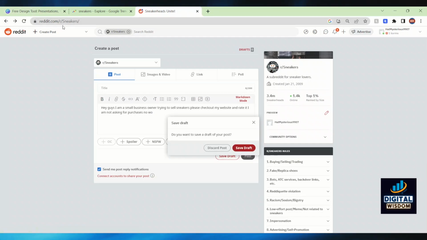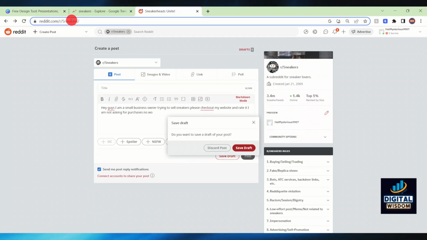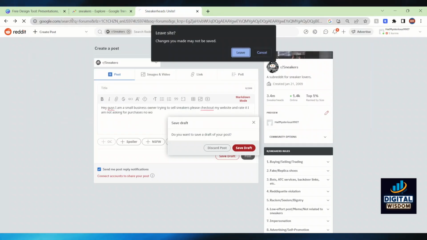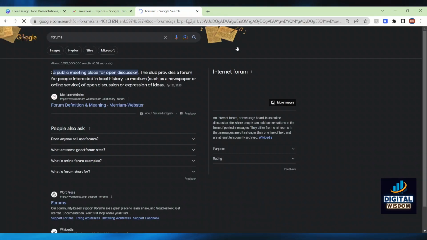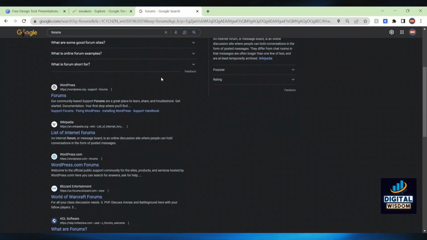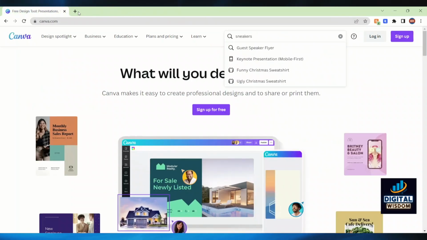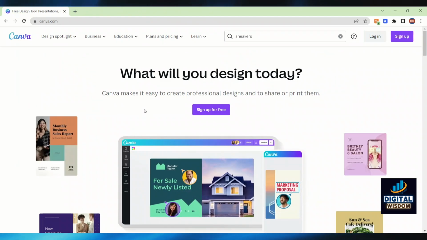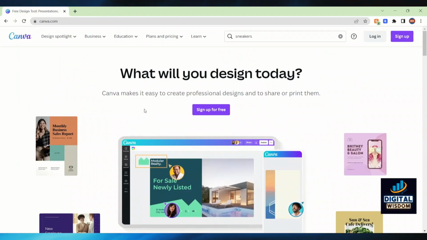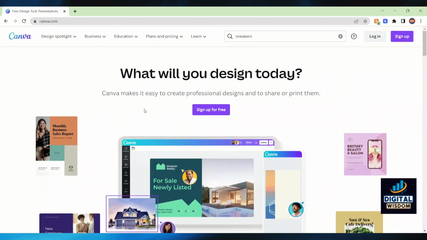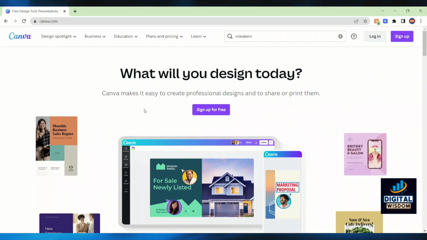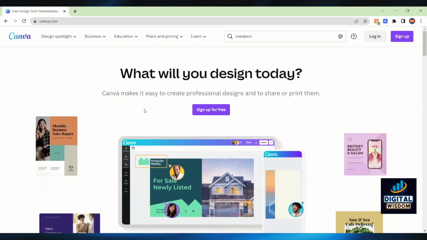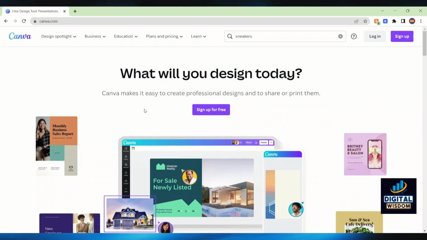You can use Google Forms, you can use Reddit, you can use different kinds of websites, like, let me show you. You can literally use WordPress to create your own form and more. So this is how you advertise and create your own digital marketing agency. All you have to do is use Canva to create your designs and make sure that you are doing right by your clients on what they want. Do not do something else than what your customer wants or you will lose your customer.